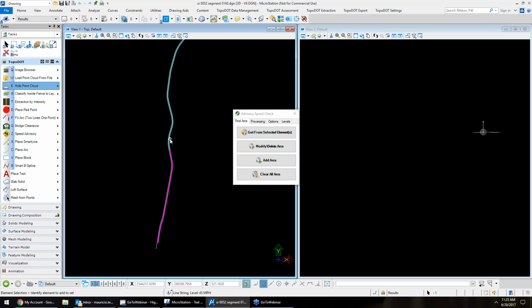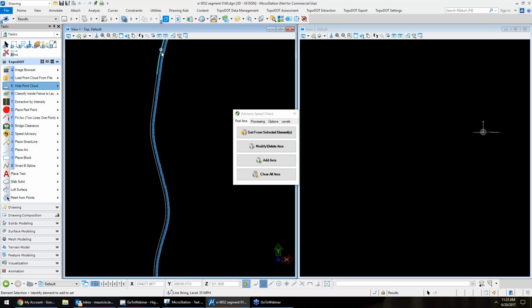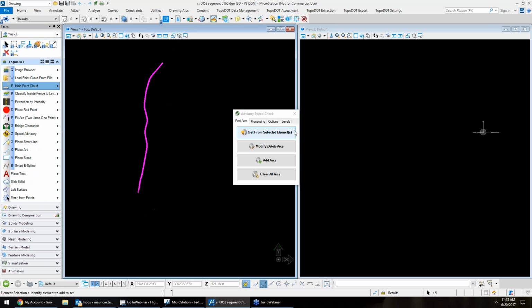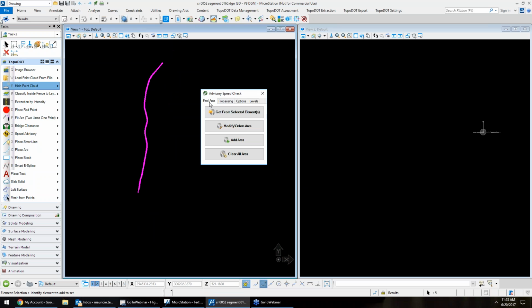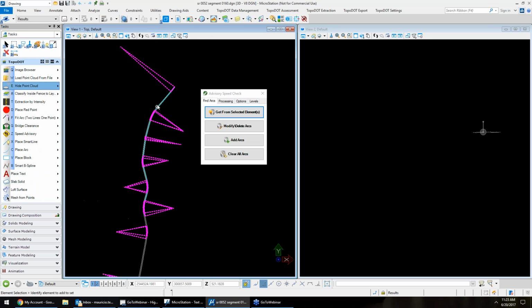And here we've got a bunch of different lines, like I mentioned, representing that center line. I'm going to select all those and choose the speed advisory tool. We're going to say get selected, find arcs from the selected elements. And you'll notice it puts a bunch of triangles showing us where it located the turns or bends. I can see there are also some funky ones in here, so I'm going to say modify